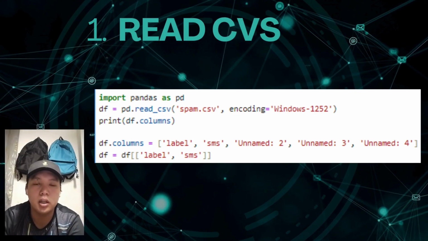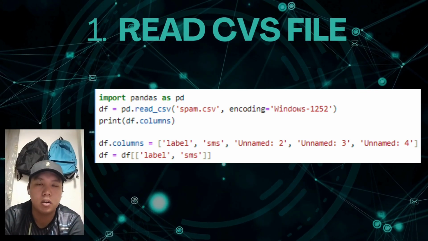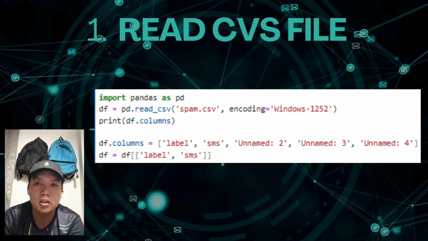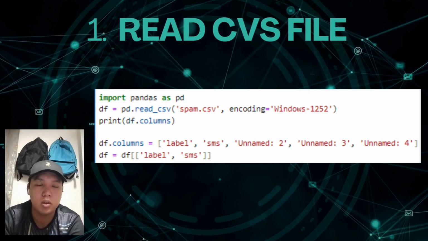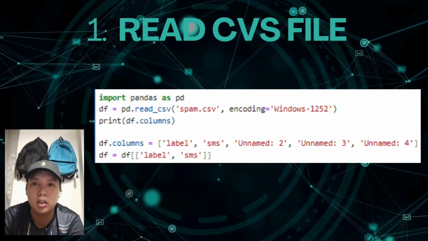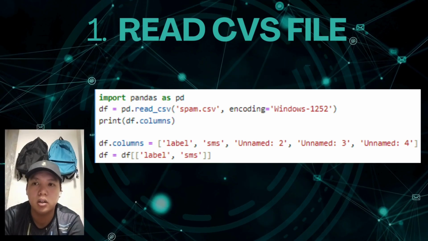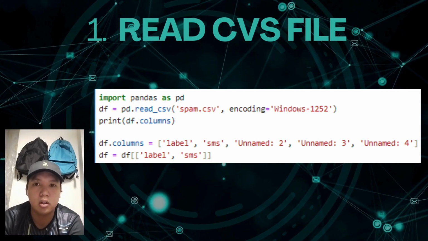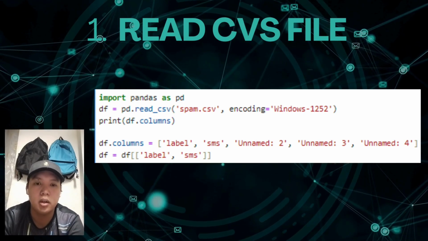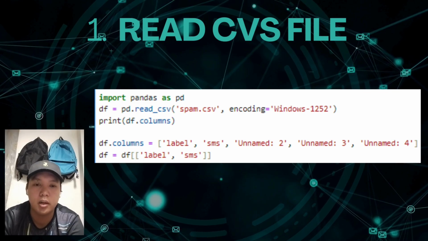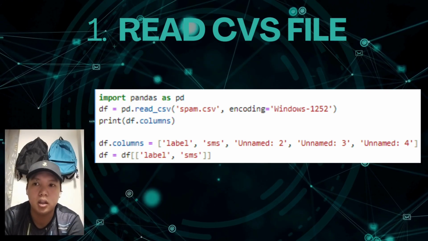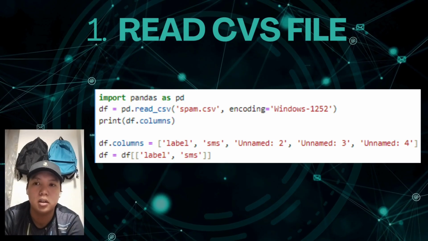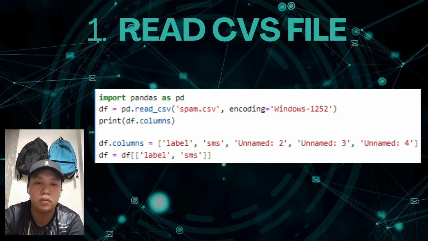In this code, we are loading a dataset from a CSV file called spam.csv using pandas. Since the file encoding is specified as Windows-1252, we ensure it is properly decoded during the loading process. After loading the dataset, we rename the columns for clarity, assigning them meaningful names like label and SMS. This step aims to improve the understanding of the dataset, making it easier to work with for analysis or further